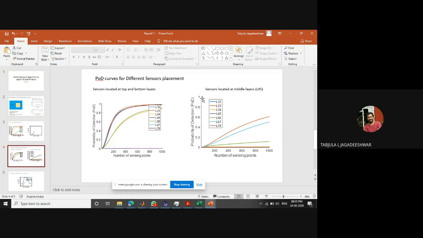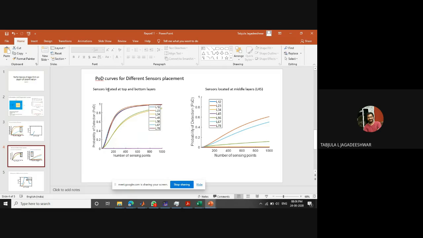And we're coming to the next sensor placement. Now this time we pasted the sensors in the layer 4 5 itself. I mean, the top side of the fifth layer. We pasted the sensors on top of the fifth layer. So these are the results, and it is performing okay, not as good as the other set.